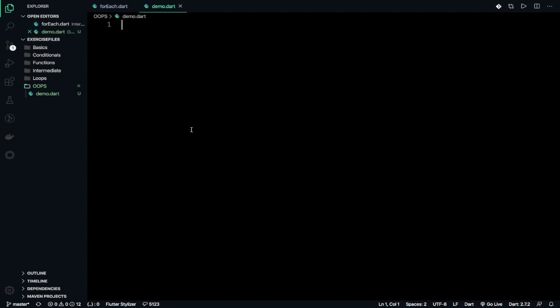Dart obviously gives the support of the class, and declaration of a class is very easy. After declaration there are many things which support it, that is fields or properties, getters and setters, constructors and functions.